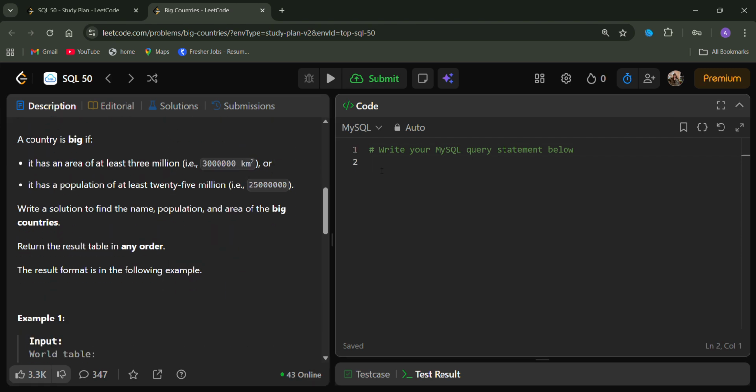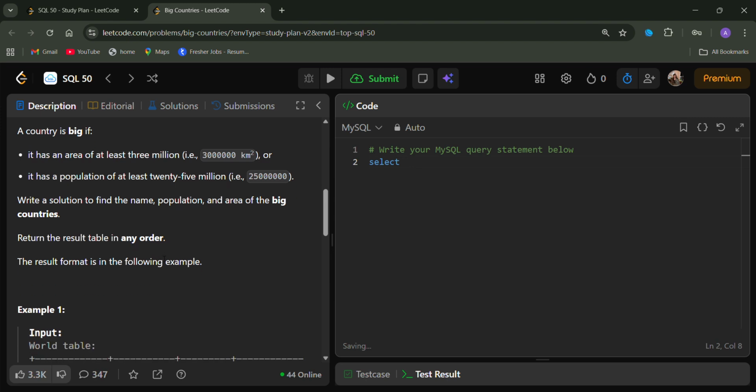Whenever you have to fetch any details from the table, you need to write the select command. Select name, population, area from the table named world,